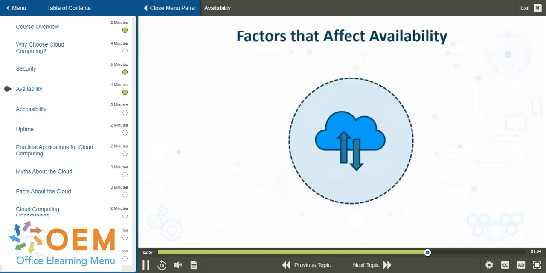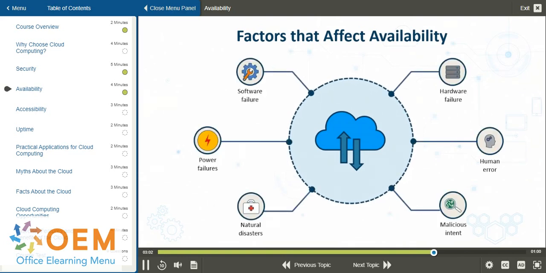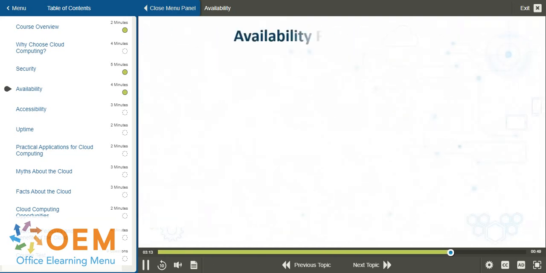There are several things that can affect a network system's availability. Software failure, hardware failure, power failures, human error, natural disasters, and malicious intent can all affect availability. So when you're considering a cloud provider and assessing their ability to maintain your traffic